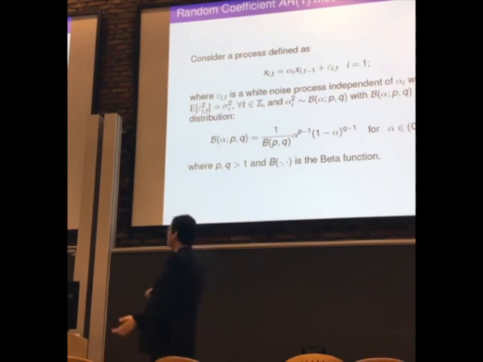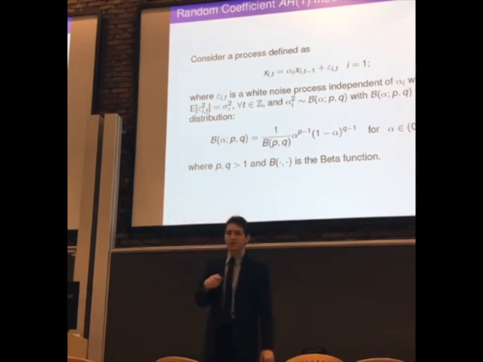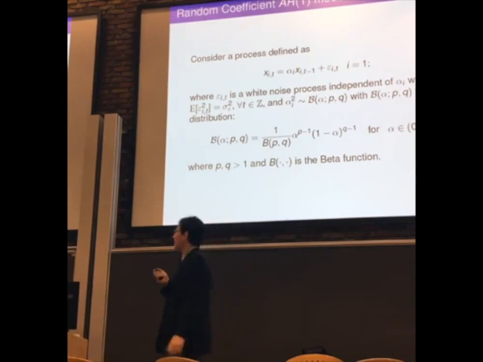What we do then is we say this alpha is a constant. Given that it's a constant, we can calculate the moments, so the expected value, the covariance, and the variance. What we're doing now, and what Robinson did, is ask what happens if this alpha is actually a random process, modeled by this particular distribution, this beta distribution. So we're not saying that it's fixed, it's some particular random coefficient.